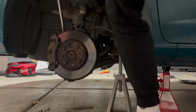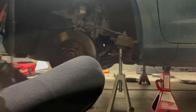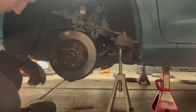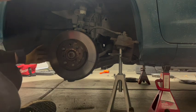Now it's time to revisit the other side. The caliper and the bracket come off easy, but the rotor is still stuck. PB Blaster has been sitting for a while, so I have an idea. An idea so genius that it took me about an hour to even think of it, even though I hinted at it at the very beginning, and I've done this like 10 times. That idea is a...